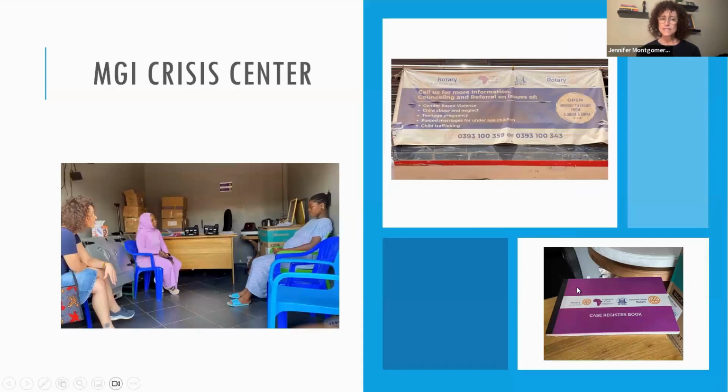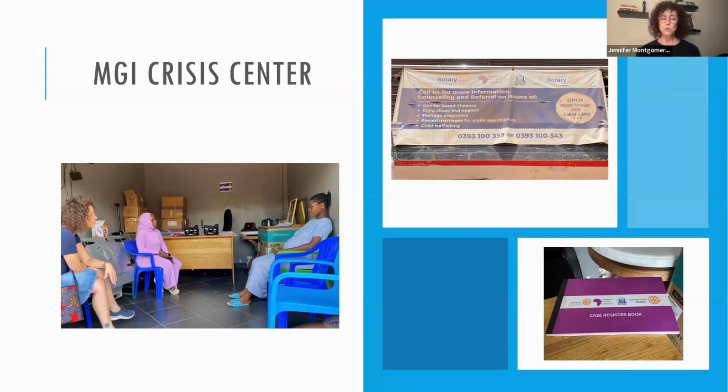I want to mention our crisis center in this Mango project location. It's really important. It was established as part of our first global grant. In this particular project, the role that we'll play, again, is coordination. And we have a social worker that staffs this crisis center every day, Monday through Friday. And we see almost 100 women a week that come through this crisis center asking for assistance for various reasons.